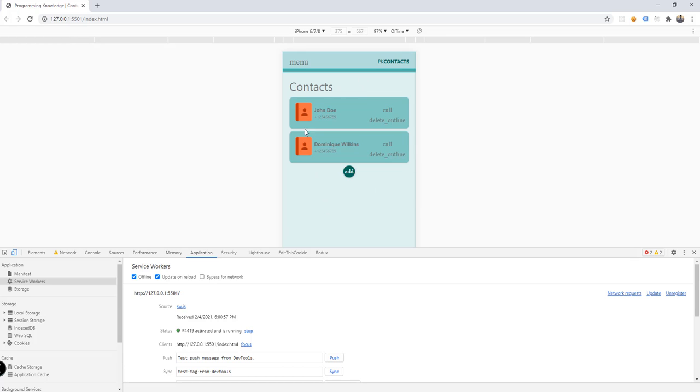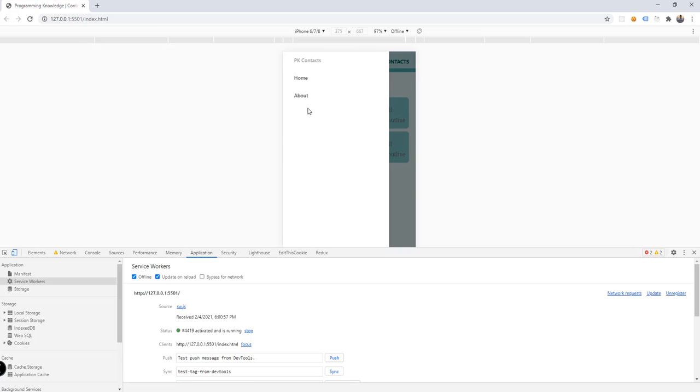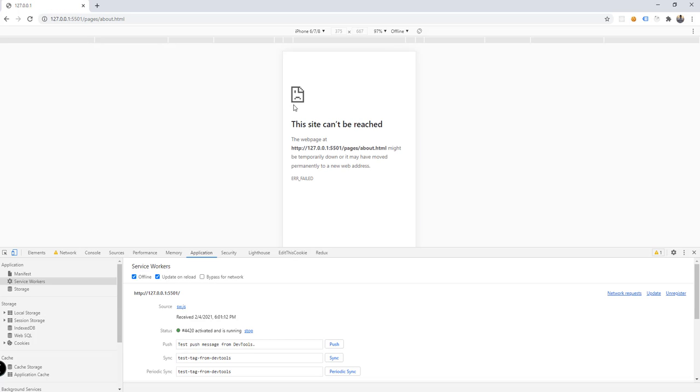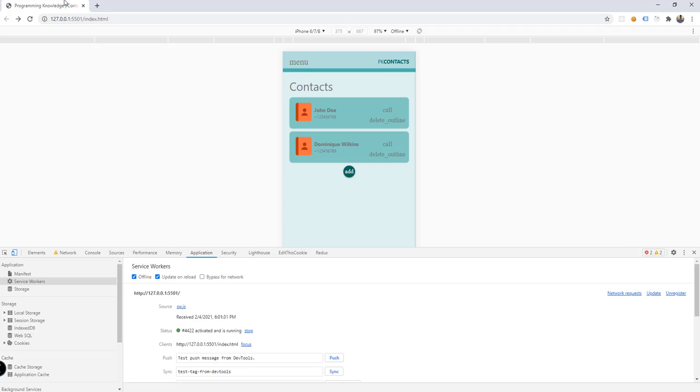Now if we go to the other pages, for example, let's go to the about section, we will get this particular page: this site can't be reached. That means that we haven't added this particular request into our cache. In order for us to add that into our cache, just like what we have here for our app shell, even if our application is offline currently, we should be able to see the